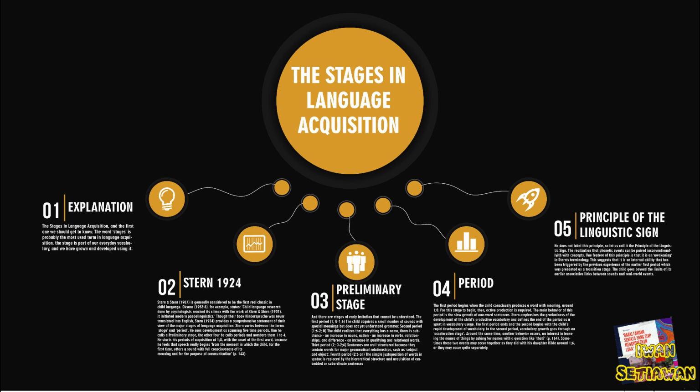The first period ends and the second begins with the child's rapid development of vocabulary. At first glance, this appears to be just a co-occurrence stage, but Stern wants to go further than this. He offers a principle to relate this to: the child has realized that everything has a name. And he does not label this principle. So let us call it the principle of the linguistic sign, the realization that phonetic events can be paired